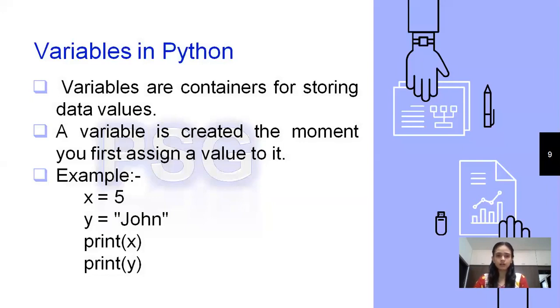Unlike C and Java, in Python, when you are declaring the variable for the first time, you do not have to mention the data type. Python will take the data type by itself. So I have to write like this: x is my variable name, equals to is my assignment operator, and my integer value 5. y is the variable, equals to as my assignment operator, and my string value. And I can then print the values of x and y.